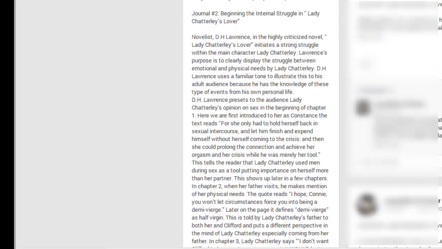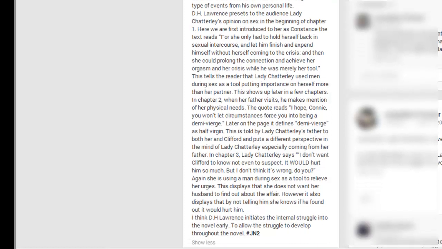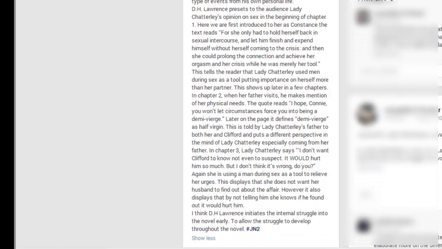So in the body or in the middle part of Mike's journal post, he does a good job of mixing quotes from the novel in with his explanation of how it supports this inner struggle that Lady Chatterley might be having. Now, I think that Mike could do a little bit better job of explaining that inner struggle a little bit more to us. What is the struggle? What is it that she's trying to work through in her mind? Okay, but he does do a good job of explaining and giving examples of that. Maybe too much so with the examples. Okay, but I would say that for the most part, we have a little bit of success here.